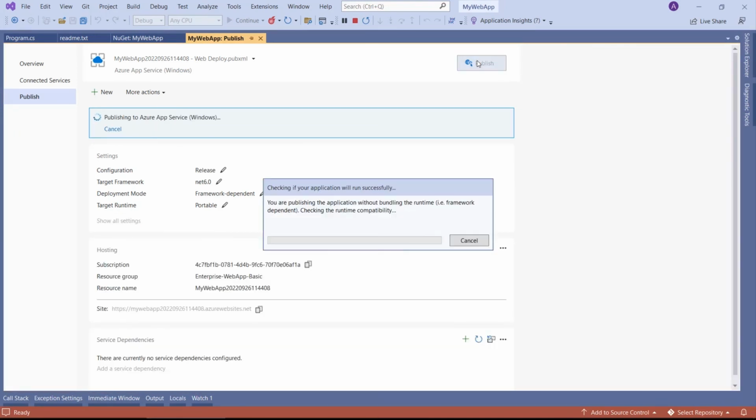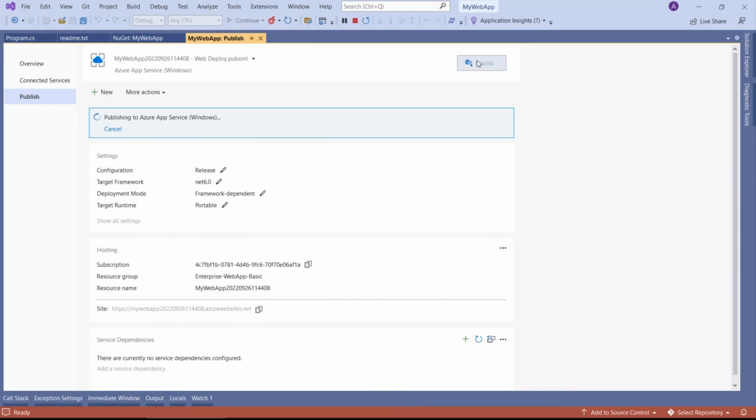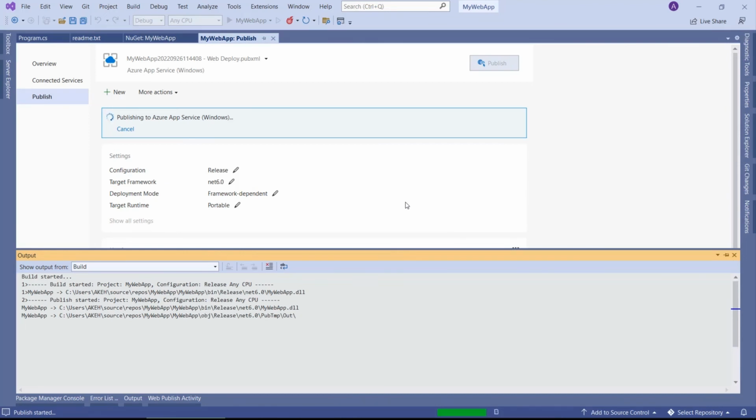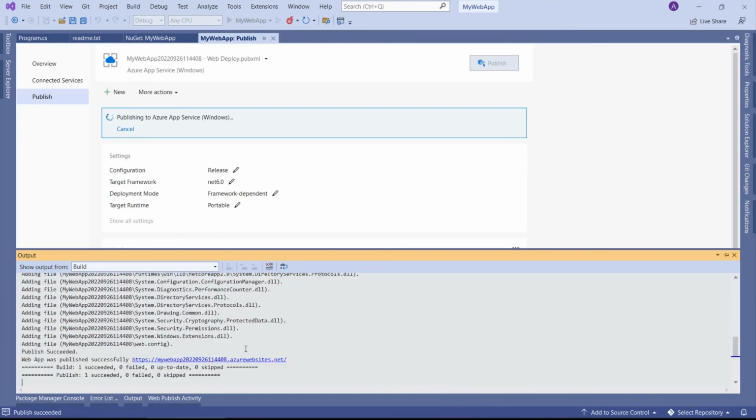As Azure needs to connect to the Oracle Autonomous Database, we need to allow the IPs that Azure uses to connect. So I didn't stop debugging before, so it wants me to stop debugging, which is fine, since we ran this locally, and so it wants me to stop that. And we can see the publish continue. But as I was saying before, as it's deploying all the files,